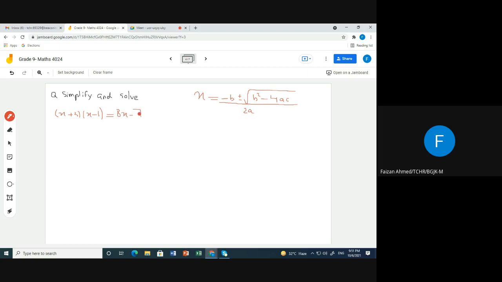Simplify means I have to expand, I have to multiply the brackets, and you know how to multiply two brackets. You have to use the splitting, the breaking method. So you will split this bracket, you will write x first, and then copy the next bracket as it is. This will be x minus 1, and then you will copy the next part of the bracket, that is plus 3, and again copy the same bracket, x minus 1. This is the method of multiplying two brackets.